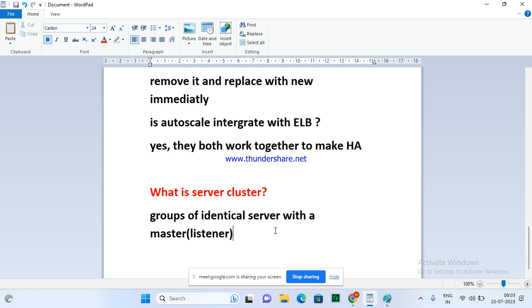Is it clear? Right now we are working on what? High availability on a server. But durability is different. That's why I said already, durability we'll talk later. Security we talk later. But what do we talk about right now? High availability to the application by using auto scaling and load balancer. Is it clear? So right now we are doing our job as a cloud engineer. You have to make sure that your application is highly available to the customers. That's why we are designing that. Slowly we do small. We'll have 4 or 5 projects. We can understand easily. Okay?